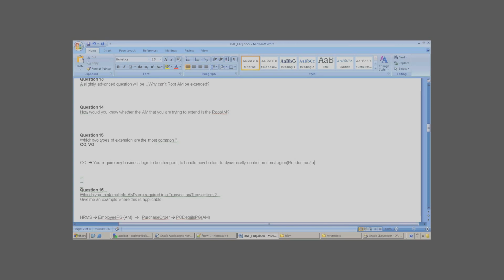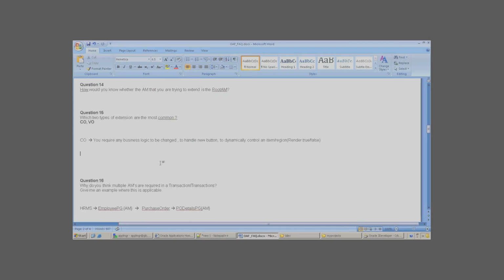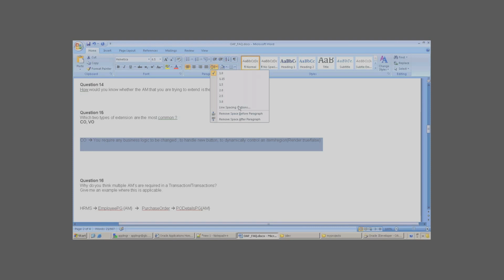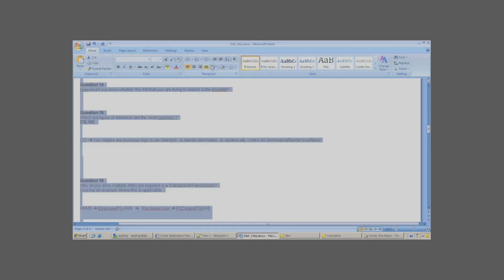So these are some of the functionalities where you can use the CO extension. So this rendering we can do through personalization too, right? Conditionally, if you want to do something conditionally, then you have to go with CO. Okay. It's all conditional, right? When you want to do something conditionally, you have to go with